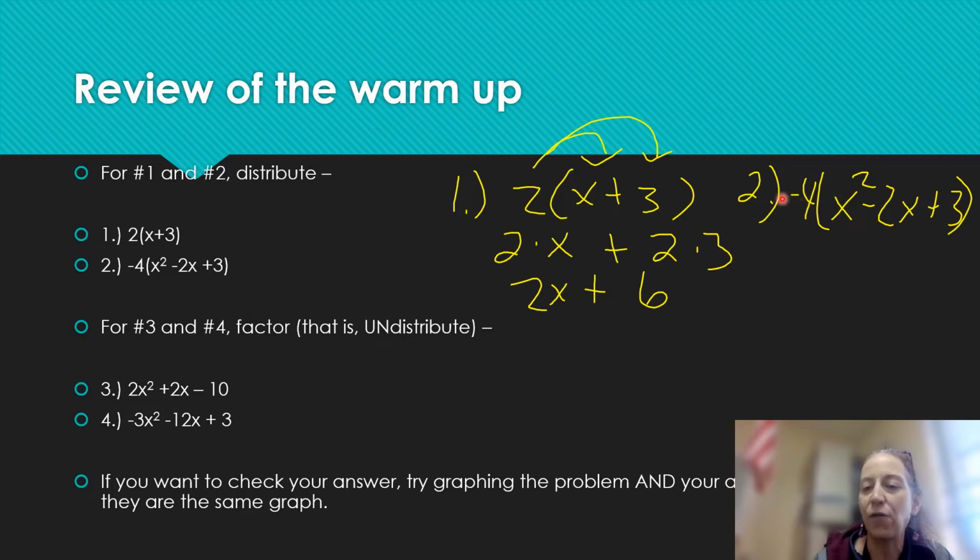So we'll have -4 times x squared, which gives us -4x squared, and then -4 times -2x. Okay, so this would be a negative times a negative, which is going to give us a positive, and